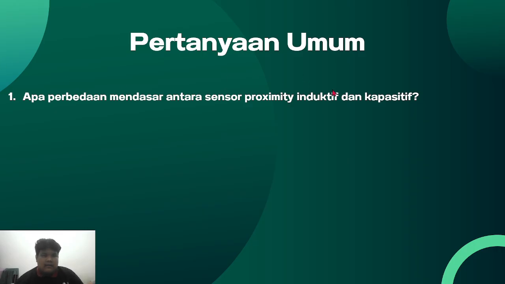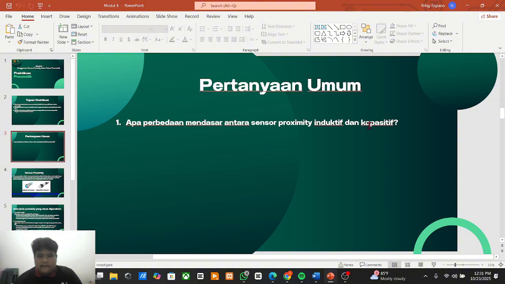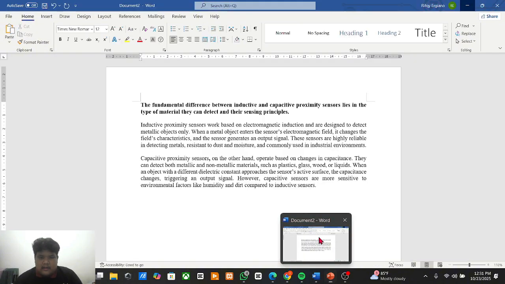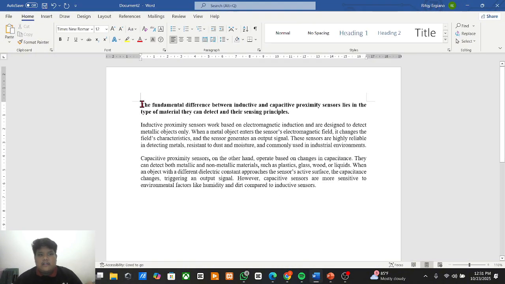We just have one general question here: what is the fundamental difference between inductive and capacitive proximity sensors? The fundamental difference lies in the type of material they can detect and their sensing principles.